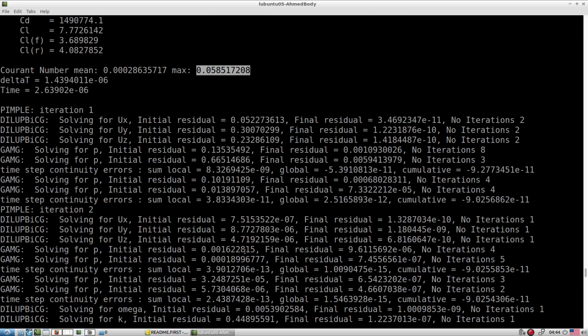It may take longer, but we are going to use this data for the detailed post processing when we explore ParaFoam as a utility. So I suggest you also run this case completely. I suggest you run this case with 2 settings. One is with this PIMPLE setting, and another with the SIMPLE setting. Because in the end we want to look at the time averaged flow field over this particular bluff body, the Ahmed body.